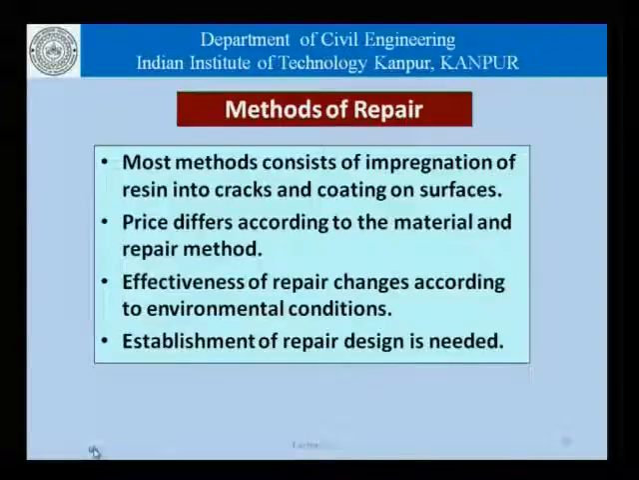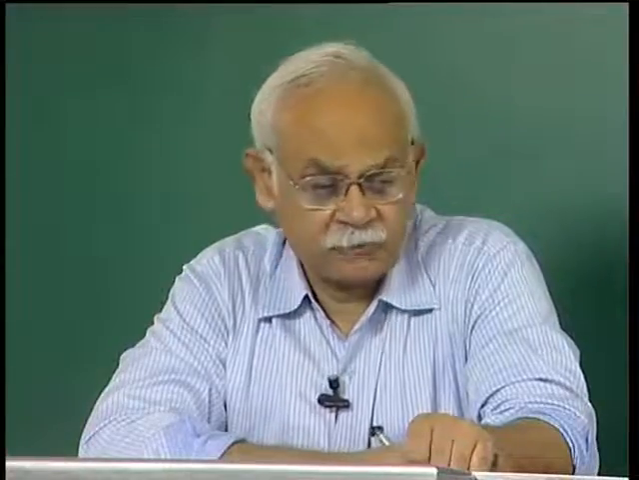Now, as far as the methods of repair are concerned, most methods consist of impregnation of resins into cracks and coatings of surfaces. As far as concrete is concerned, most deterioration manifests in the form of appearance of cracks of some nature or the other, and therefore repair action is basically impregnation of resins into these cracks and then applying coatings on the surface. These coatings are applied because of several reasons, one of them being that if we do impregnation of cracks, the structure starts to look aesthetically very unappealing. And of course, the economics